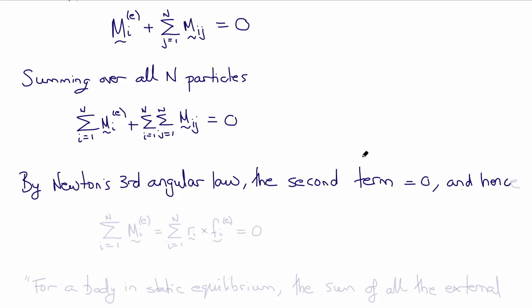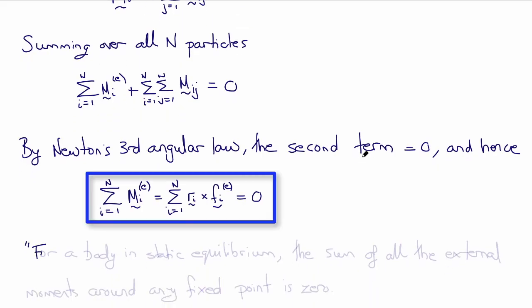And hence, for a body in equilibrium, we get that the sum of all the external moments, which would be the sum from i equals 1 to n of ri times Fi external, so that's the moments generated by all the external forces, is 0. Hence we can state, for a body in static equilibrium, the sum of all the external moments around any fixed